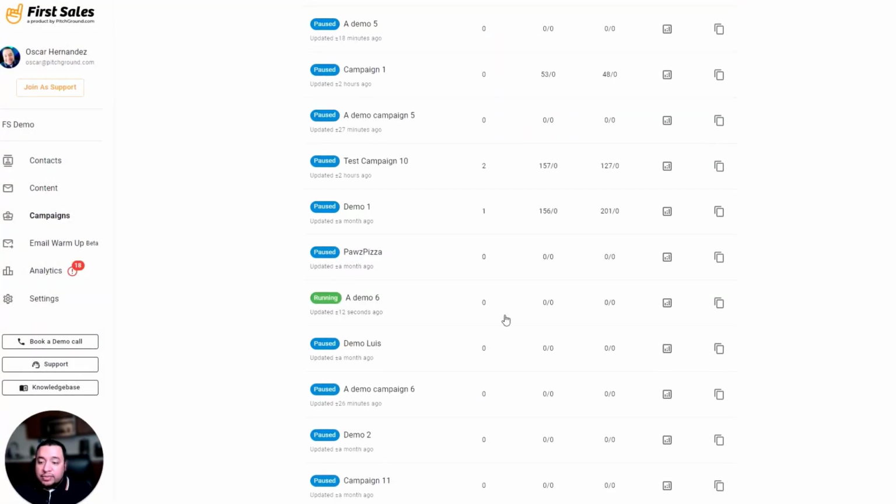As you can see, this campaign will show up here as running, and the software will automatically split test all the different variations, the different subject lines, the different emails that you set up in your template. It will also split test the different sequences automatically. There's nothing you need to do. And again, First Sales is evergreen. Which means that if you have, let's say, a few salespeople that are just going to be adding 5 or 10 or 100 different emails a day right here as a contact, all they have to do is add them in there with that demo tag, and that's it. First Sales is going to automatically send them emails according to the campaigns